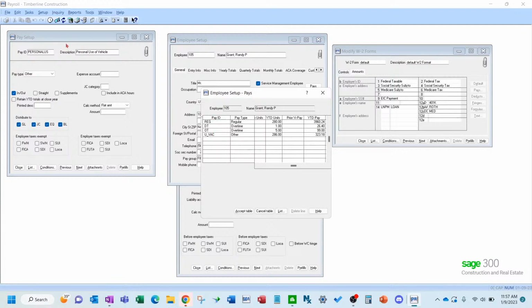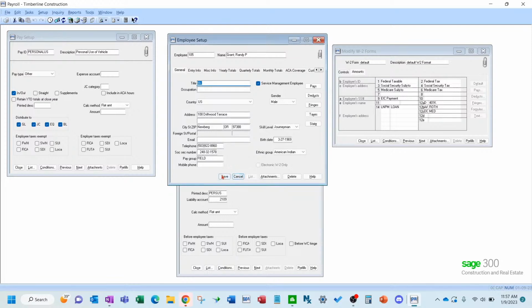So it needs to be processed through the payroll process, processing checks. So do not go into the pays and deductions or any of these and change the override boxes if you forgot to include personal use or shareholder insurance or something to that effect. Okay, so just a little tidbit there.